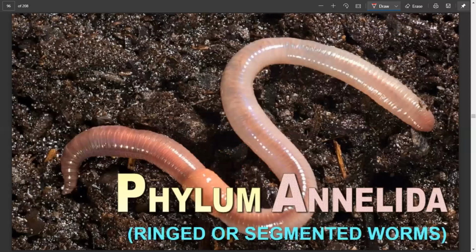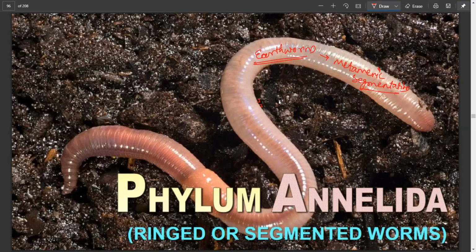Now the next phylum is going to be the phylum Annelida. Now when we talk about phylum Annelida, the first thing that comes to my mind must be the earthworm, right? Again, it's a 9th class concept. You have learned about earthworm earlier, and here the main unique feature again is going to be the metamerism or metameric segmentation, right? So what happens here is there is the segmentation present both on the outer side as well as on the inner side. So both morphologically and anatomically we see the segmentation.